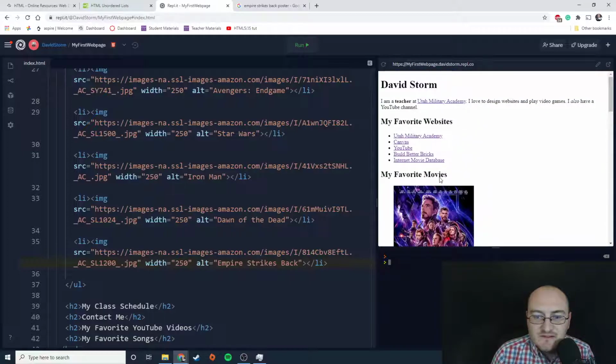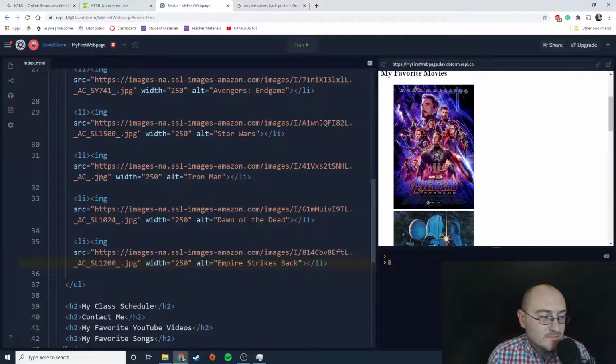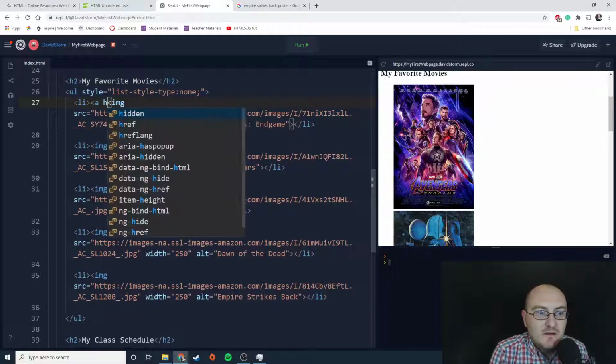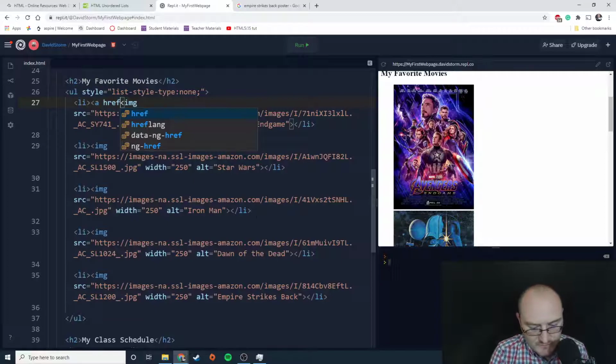All right, perfect. Now the last thing I want to do, and this will only take a couple of minutes, is turn these image elements into anchor elements, but have the image part of it be the clickable anchor text. Let me just show you. Let's do this first one. So in between the list item open tag and the image tag, I'm going to put my anchor element open tag. I'm going to give it an href of,